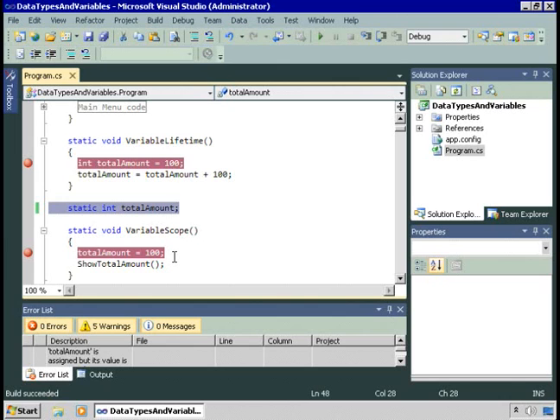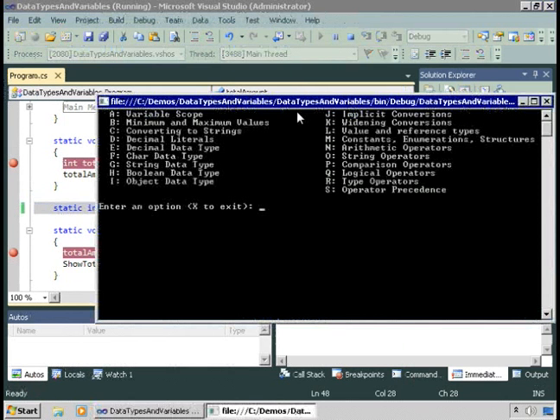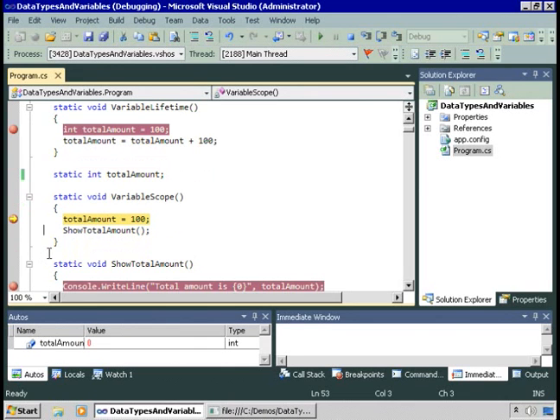Okay, let's run this application. I can click the green arrow or press F5, and that will start the application. This brings up the console window with the main menu. Now let's run that variable scope method. I'll press A. The breakpoint pauses execution,